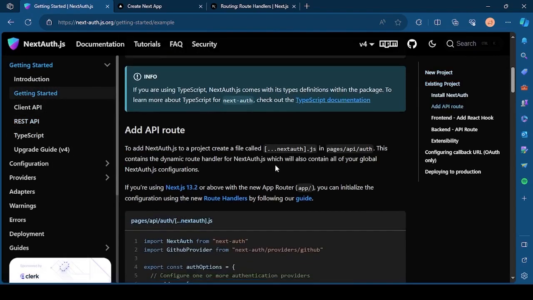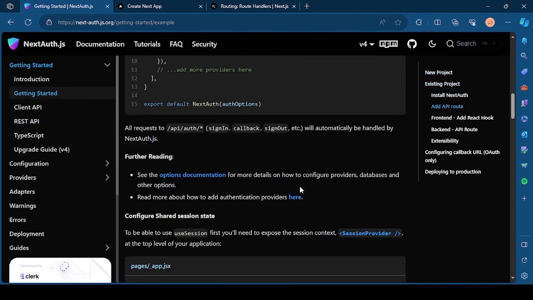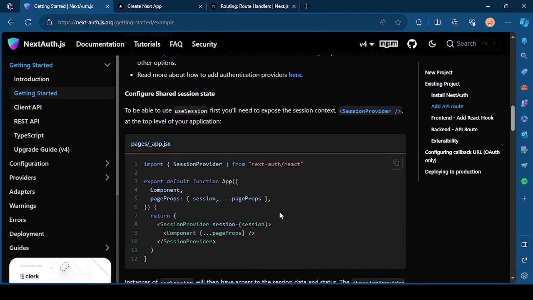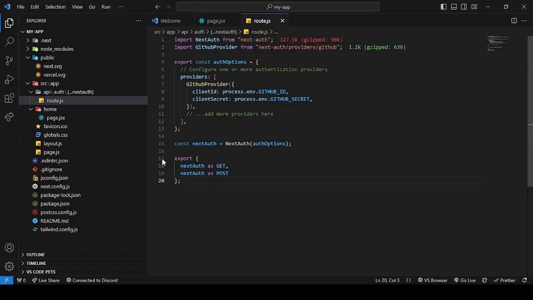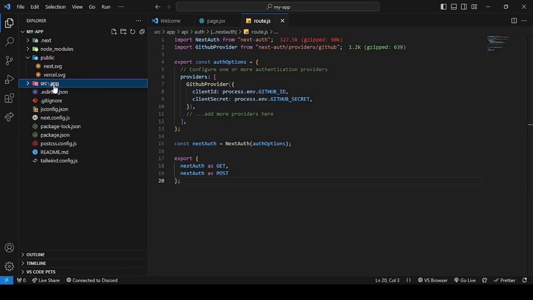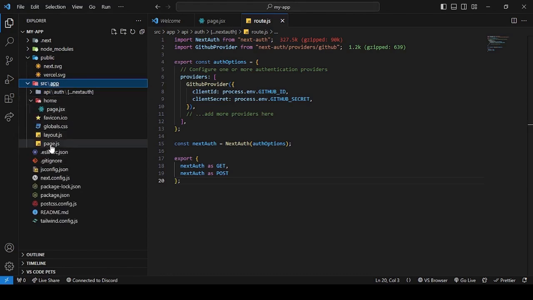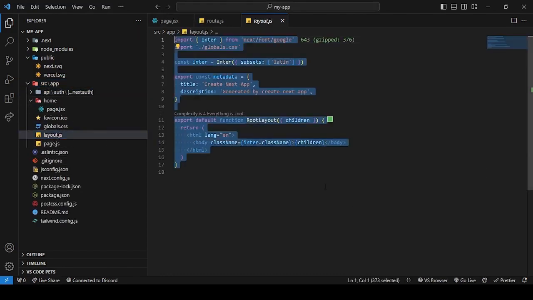Alright, so this was our second step. Let's move on to the third step, which is to set the session provider. Now, they're doing it in _app, which is the root file. You can call the main layout file in page route, but in app router we have a different file for that. We call it the